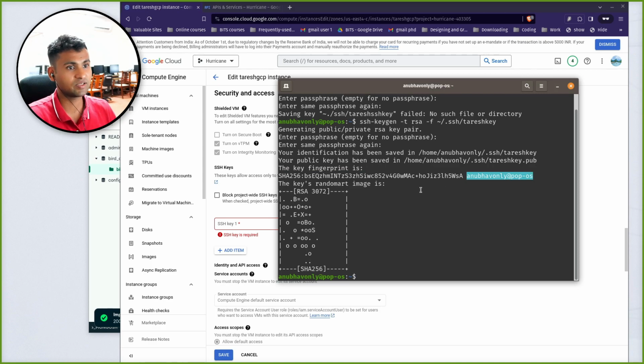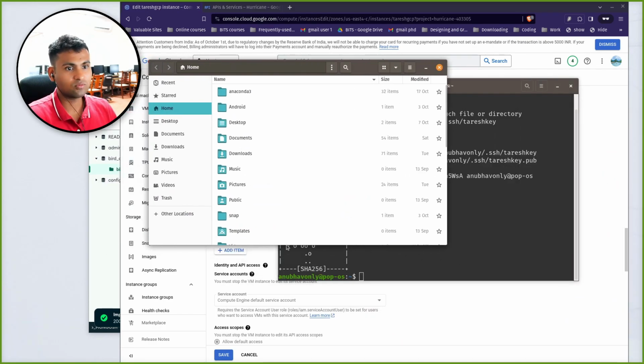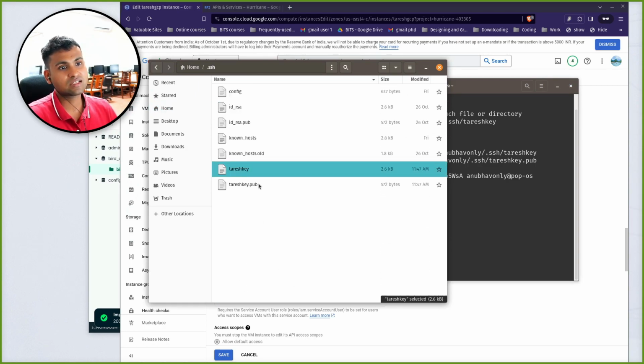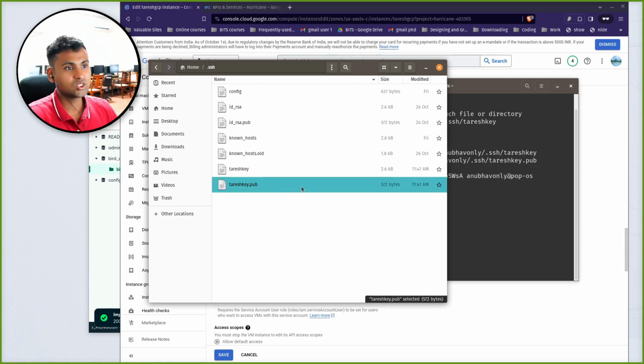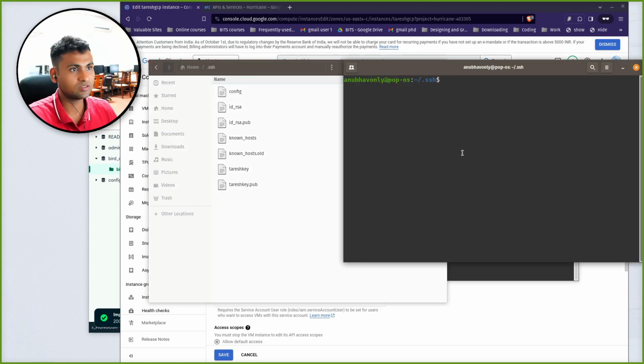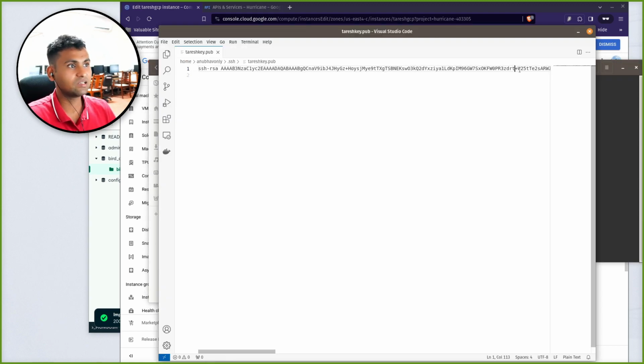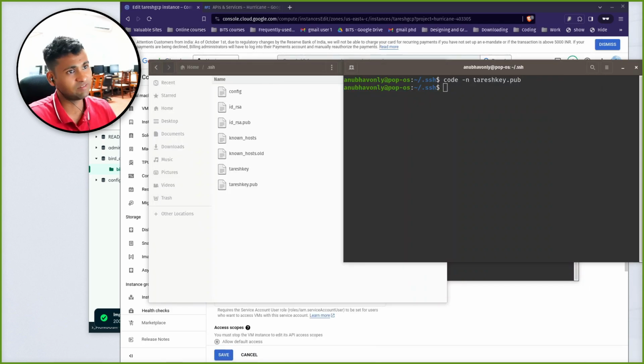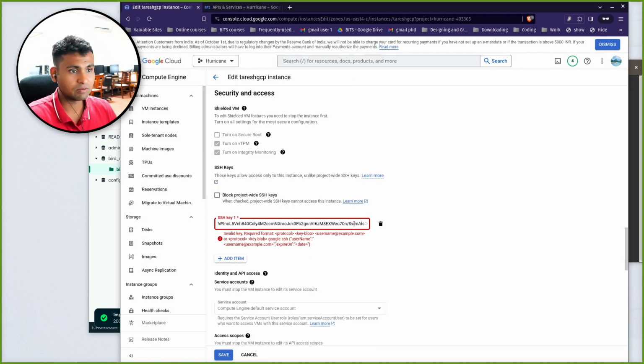The key's random art image, all things it has displayed. So I can go to the home folder. Here we can go in .ssh. There'll be two keys, the Taresh key, which is the private key, and the public key. Whatever is in the public key, I can open in the terminal. So this is what the public key looks like. As long as I don't give you the private key, the public key is meant to be public, so it can be put anywhere. You cannot do much with this public key anyway. So I'll put this public key, and then in the end I can put